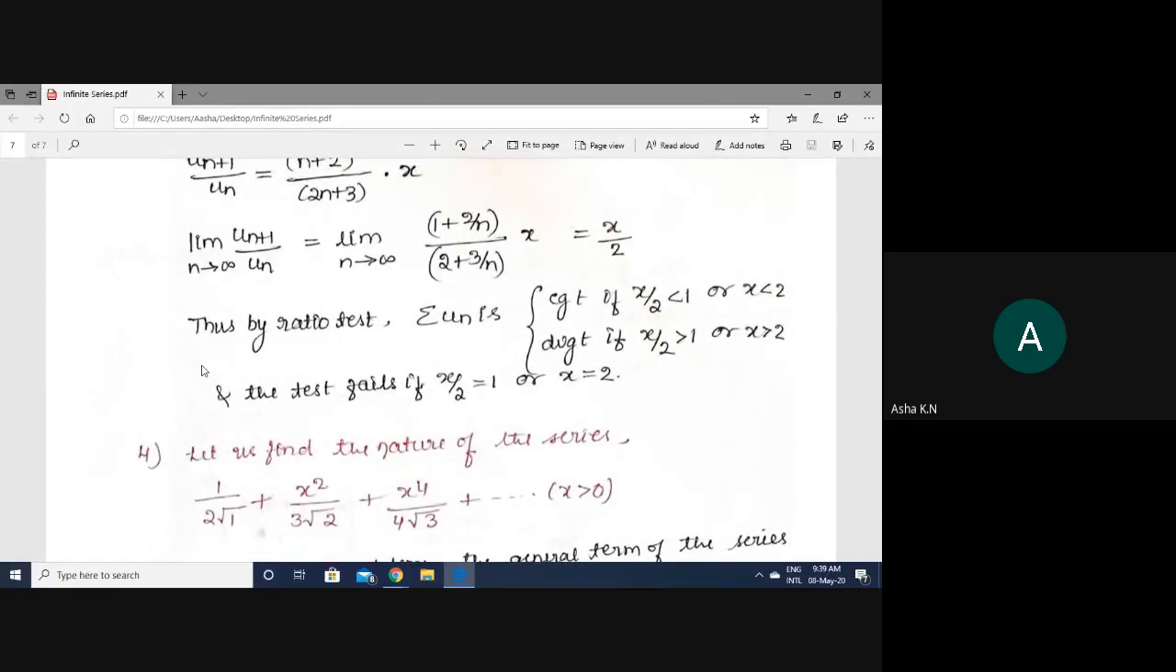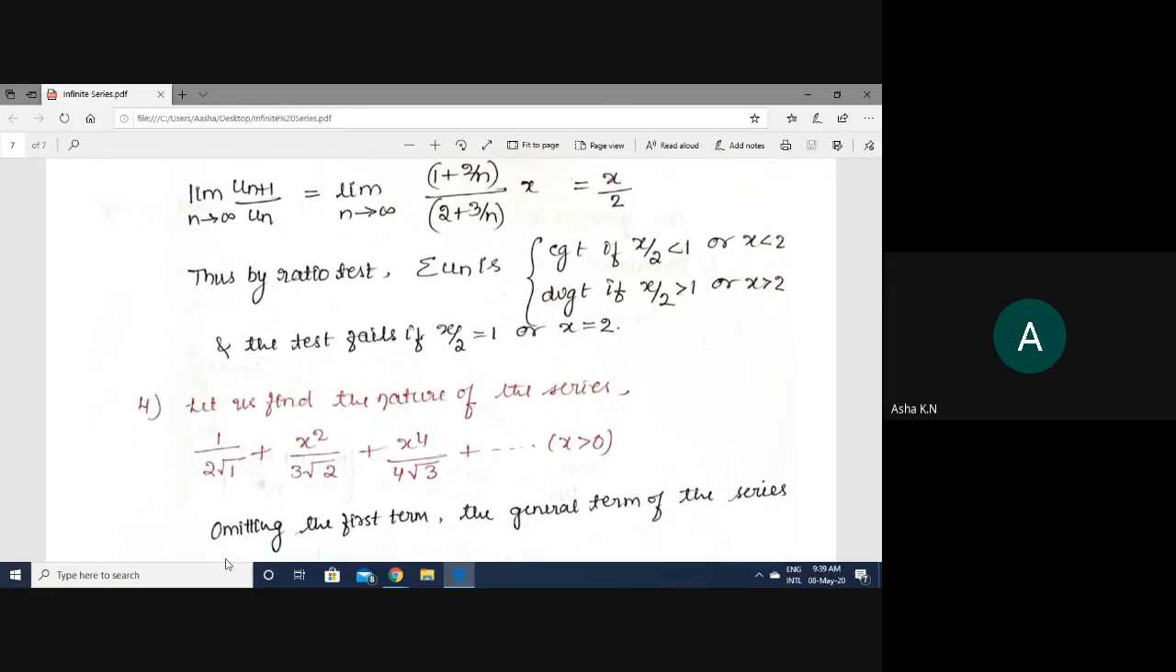Let's find the nature of this series. In this series, we have x square, we have x power 4, etc. Okay, even powers: x square, x power 4, x power 6, like that it continues. Denominator is 3 root 2, 4 root 3, etc. So the first term, when you take nth term, will be different. Or you can just ignore this term. If you ignore this term, omitting the first term,